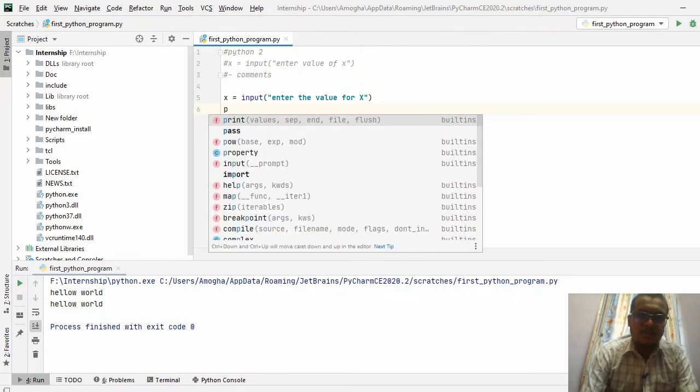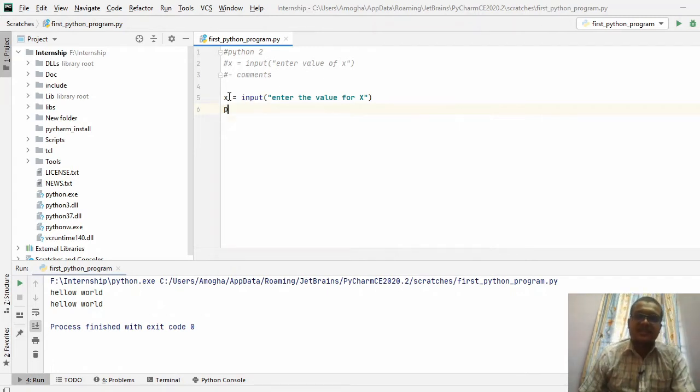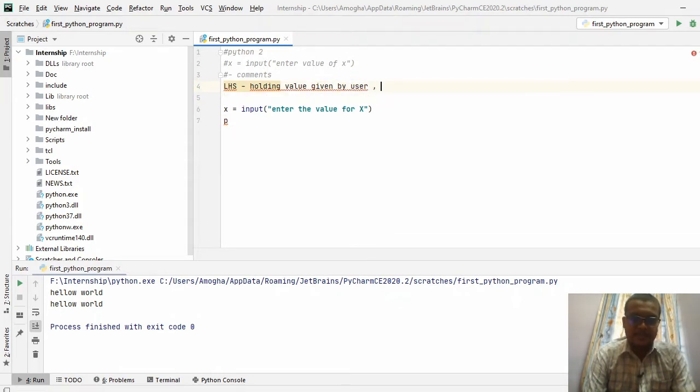After the user enters a value, it is going to be stored on the left hand side. As I told you earlier, the left hand side is the position for holding the value given by the user, and it is a variable. The left hand side is always a variable, it is not a constant.